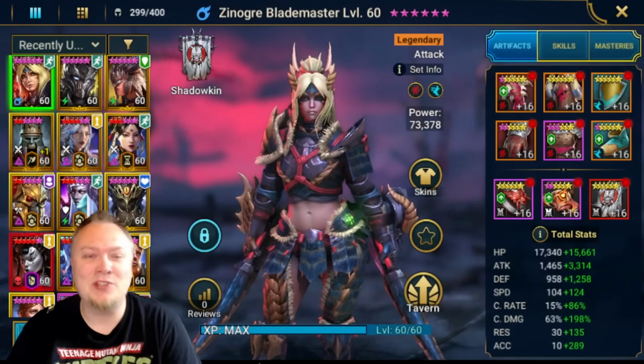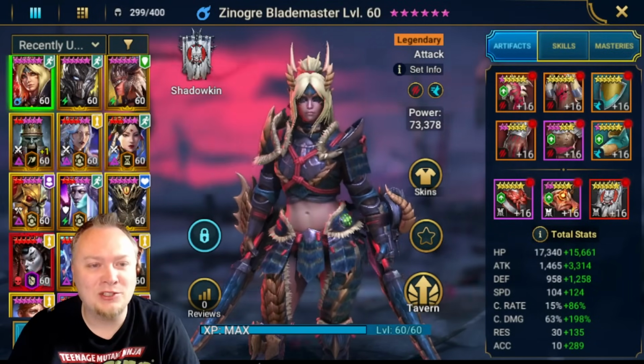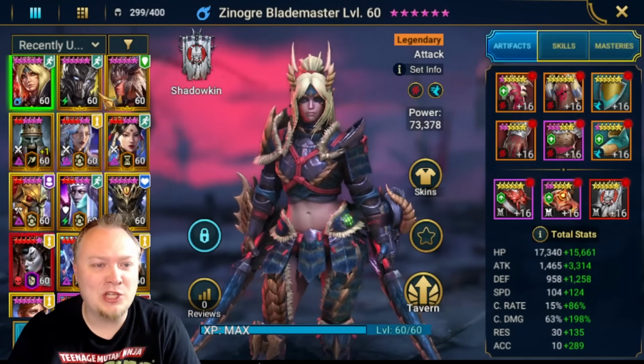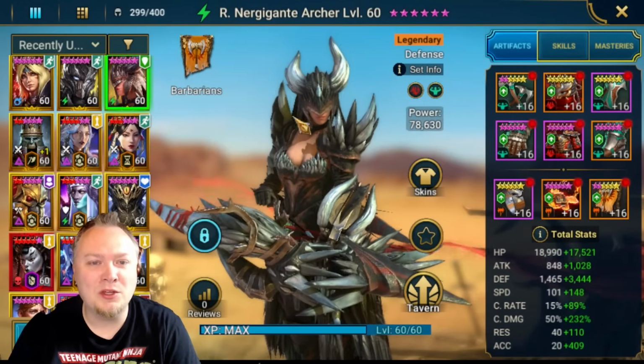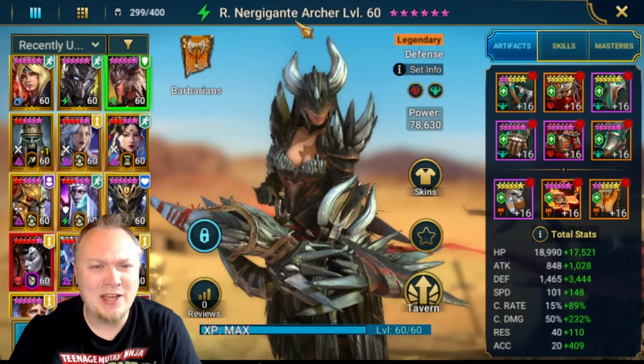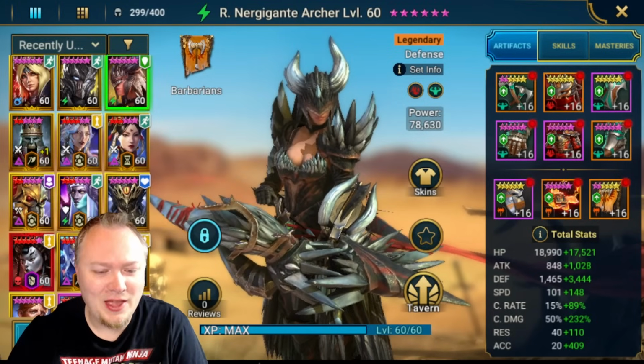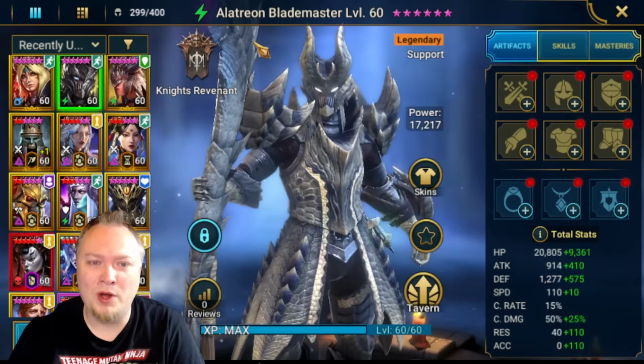It's test server time. We have the Fragment Fusion here, Zinogre Blademaster, as well as the other champions. I'm going to be using, I have no idea how to say this, Nergigante Archer. We're just going to call her the Archer, obviously. And then pretty sure I'm skipping the worst one, which is the